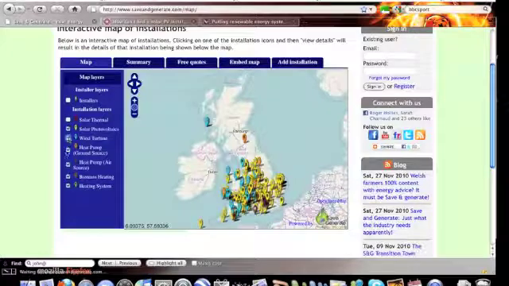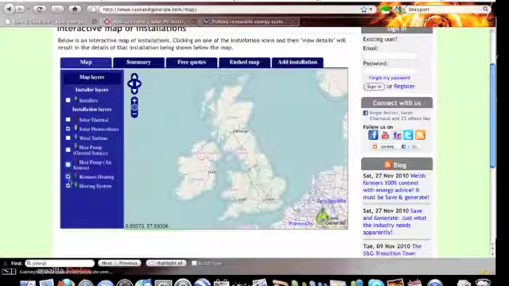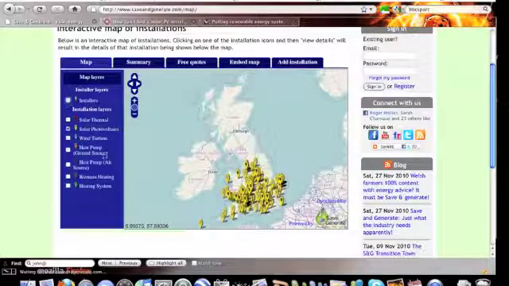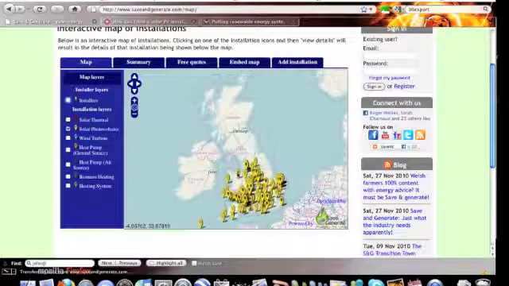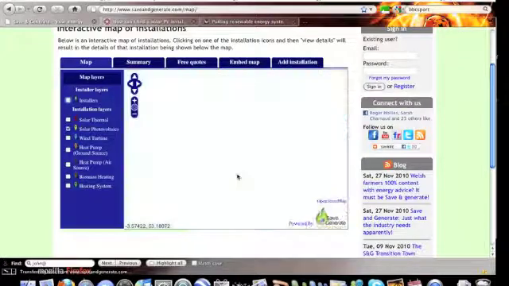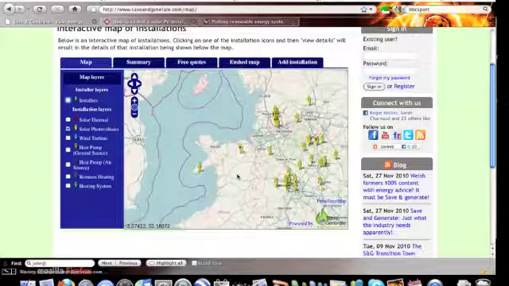We can click on the different technologies on the right to display or not display the technologies we're interested in. We can also click on the map layers for installers to bring up the MCS accredited installers in a given area. Now if we zoom in on a point on the map, we can look in a little bit more detail